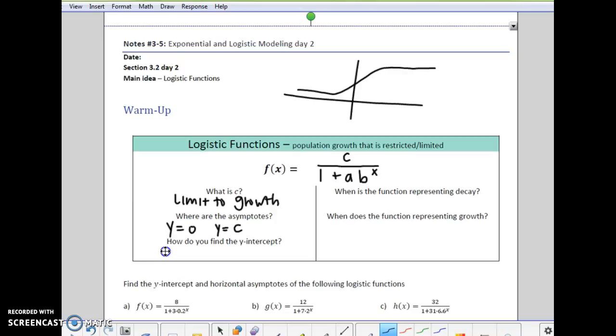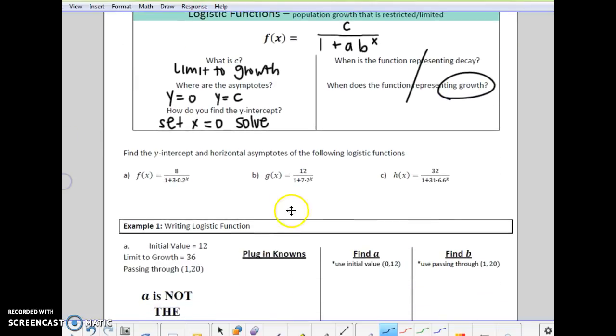How do you find the y-intercept? It's at x equals 0 and solve. Not going to worry so much about growth and decay because almost everything that we're doing is going to be growth in this case. This is technically a warm-up, but we'll fly through it. Find the y-intercept and horizontal asymptotes. Horizontal asymptotes, you're going to have one at y equals 0 and one at y equals 8, your limit to